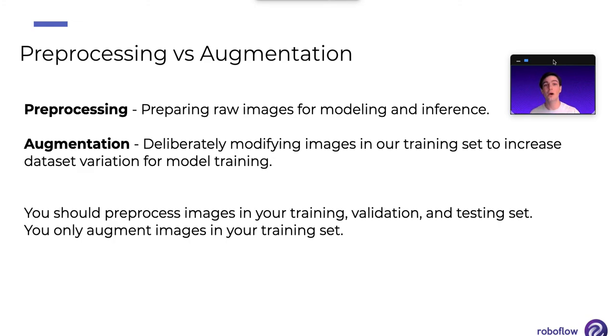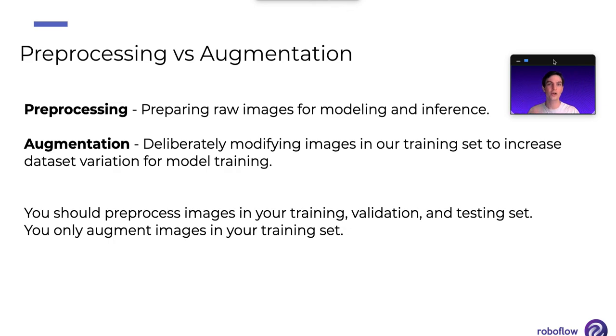that step, if I want that to apply to my training and at inference when I put my model into production, would be a pre-processing step. That means make everything be grayscale. But if I wanted to augment my model to be color insensitive, then I might randomly change some of my images. I don't want color to not be a part of any of my images, but I want some of my images to be black and white, some of my images to be color. Then I might augment my training set and make some of them be black and white.